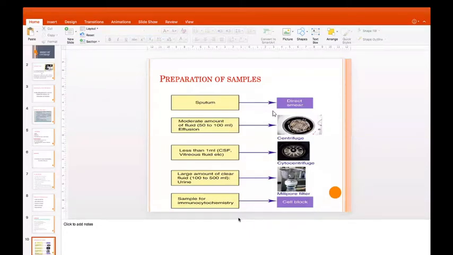So cytocentrifuge will help you to separate the cellular material without damaging it. Basically, centrifuge is a little bit of an obsolete procedure, and cytocentrifuge is followed for a small amount of fluids like CSF or vitreous fluid. When there's a large amount of clear fluid, like 100 to 500 ml, like urine, we take a millipore filter, which is not used normally. For this also we can take centrifuge or cytocentrifuge depending on the amount of fluid.